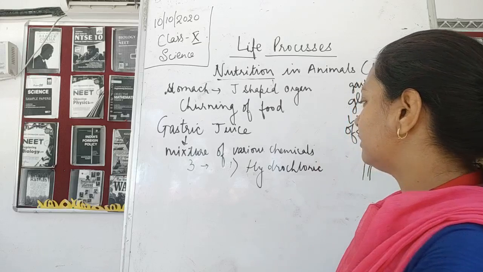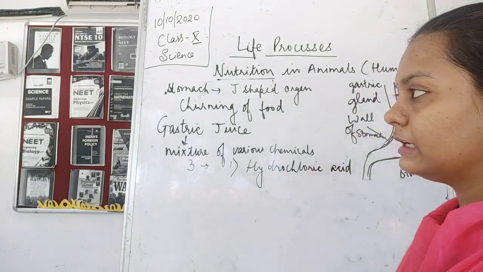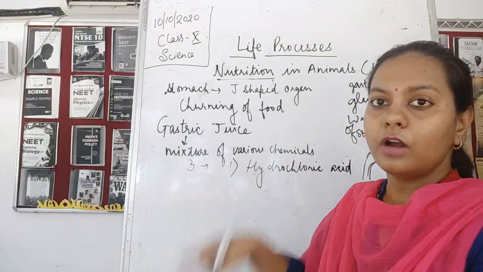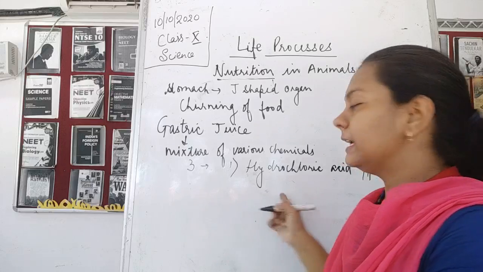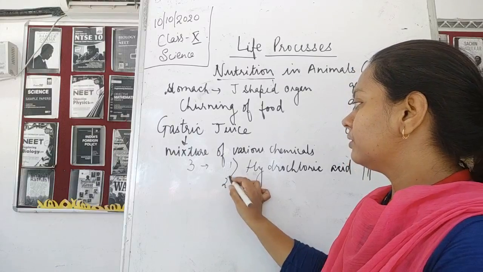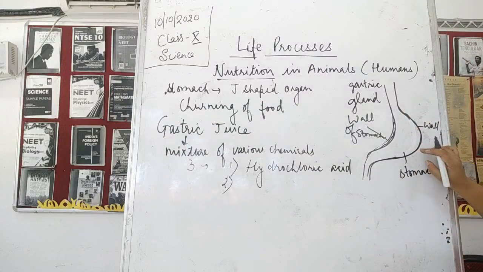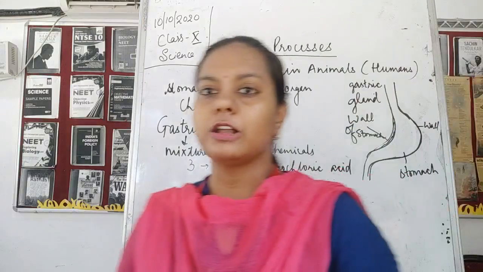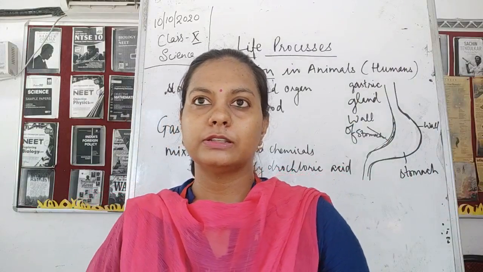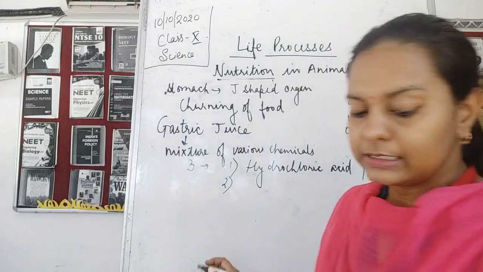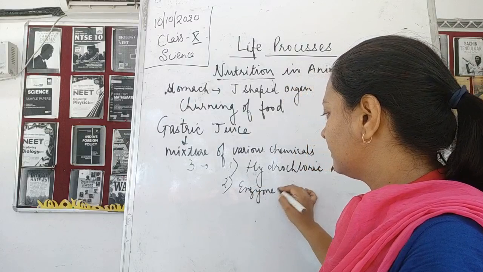It consists of hydrochloric acid, HCl, which is one of the strong acids, among the strong acids, okay, HNO3, H2SO4 and HCl. So HCl is the hydrochloric acid which is present inside the stomach, which is secreted from the walls of the stomach. Now, some of the cells would be responsible for the secretion of HCl, other cells would be responsible for the secretion of the other substance, that is the enzyme, pepsin,